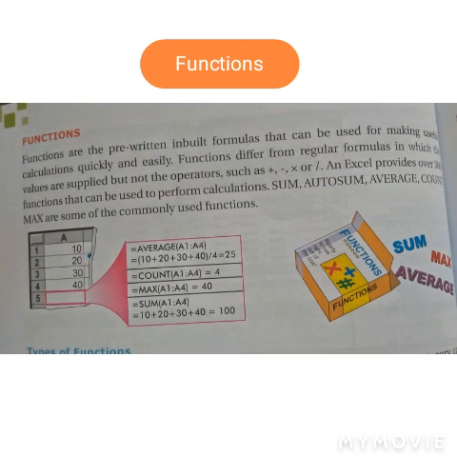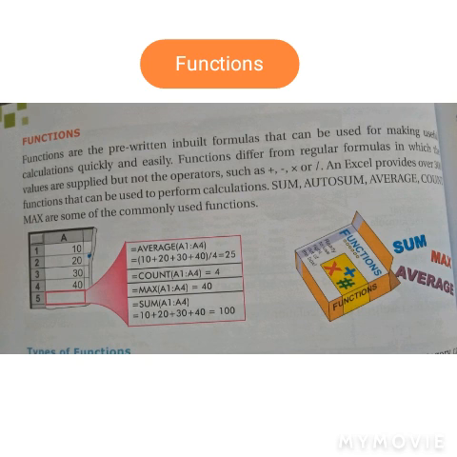My next topic is functions. Functions are pre-written built-in formulas that can be used quickly and easily. Functions differ from regular formulas in that the values are supplied, but not the operators such as plus, minus, multiply, or divide. Excel provides over 300 functions that can be used to perform calculations.